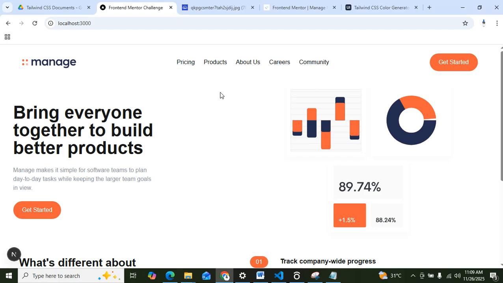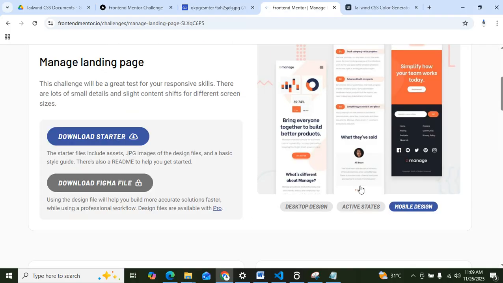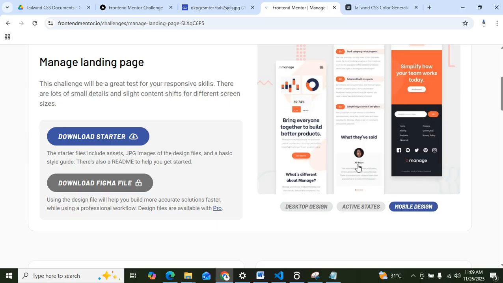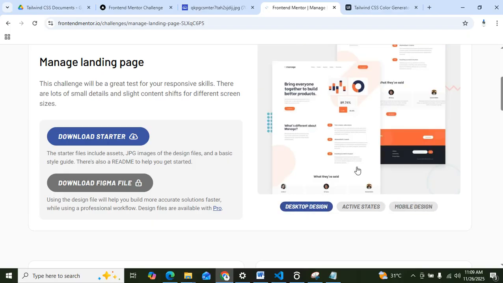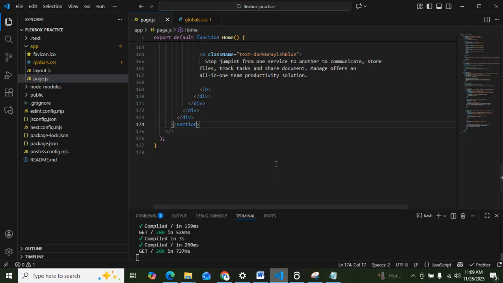Okay, right now we're going to work on the testimonial section. This part of it now. Let's see. Yeah, so on mobile view, this is how it's going to look, and on desktop view, this is how it's going to be. All right, now so what we're going to do, jump back to our code here,